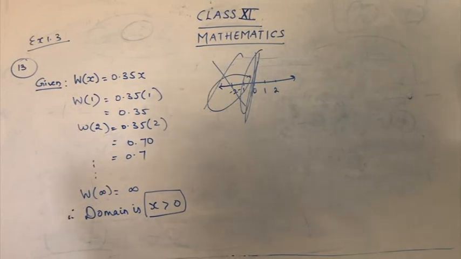So they have told you to graph the function and determine. They already told you that it is a function. The only thing is, they are asking you to check whether it is a 1-1 function using the graph. So what we are going to do here is use the normal method for finding a 1-1 function, and also draw a graph, and from the graph also determine whether it is a 1-1 function.